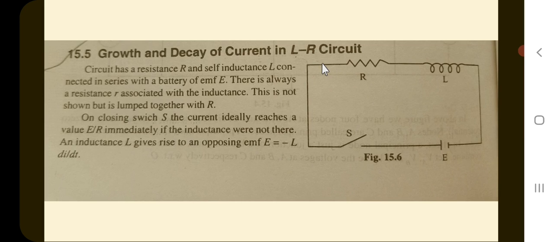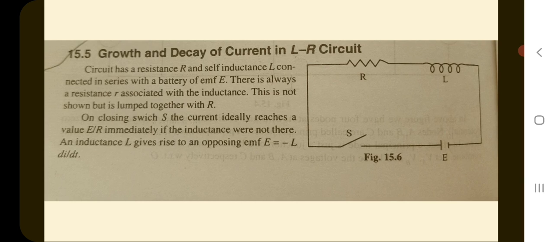Now this circuit has a resistance R and self inductance L connected in series with a battery of EMF E. There is always a resistance R associated with the inductance. This is not shown but is lumped together with R. On closing switch S, the current initially reaches a value of E upon R